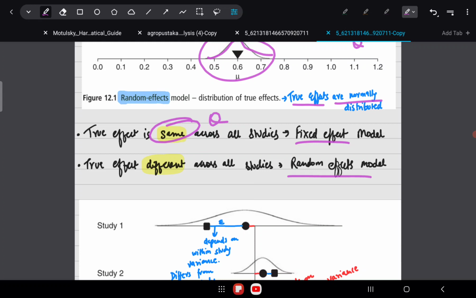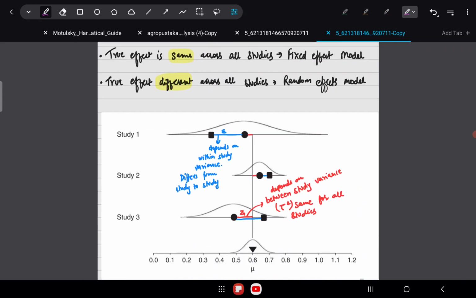These variables could be anything, as I've told you, age group, dosing of intervention, or anything under the sun. So these factors, the covariates which influence the outcome, are different across the studies, because of which the true effect itself varies across the studies. So the true effect is different across all the studies. There is no such thing as theta, rather we can have theta 1, theta 2, theta 3 and so on. We can go on to denote the true effects of the studies like this.